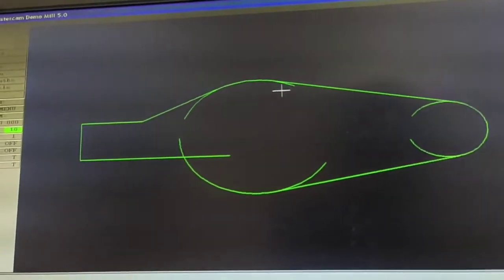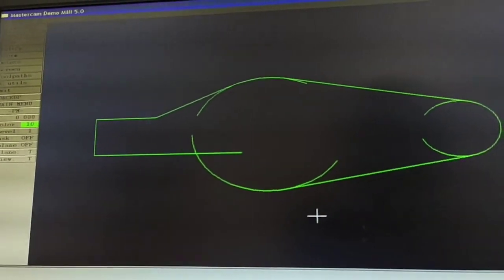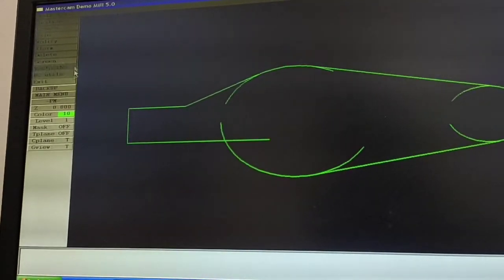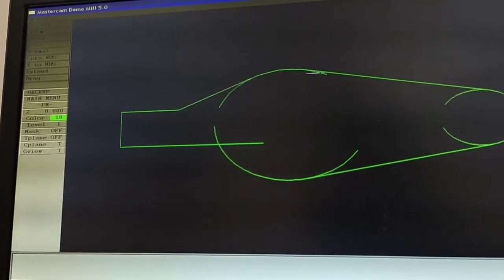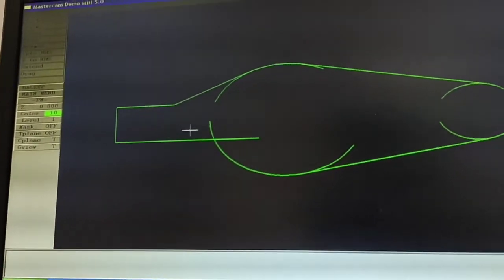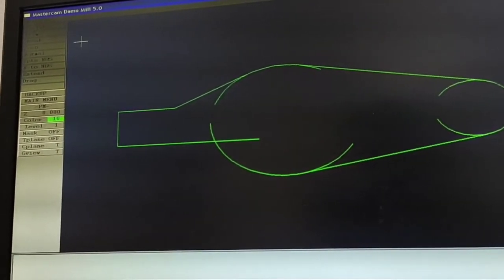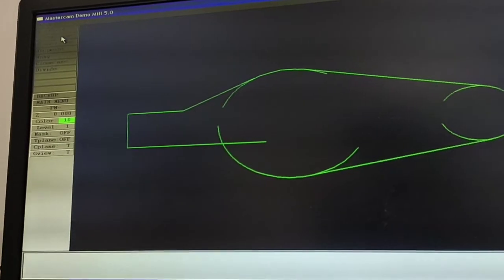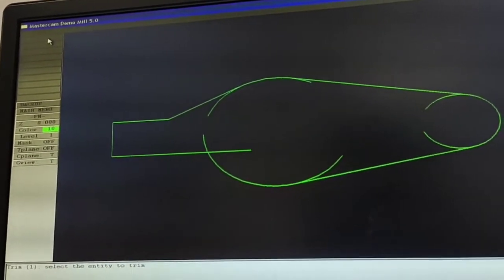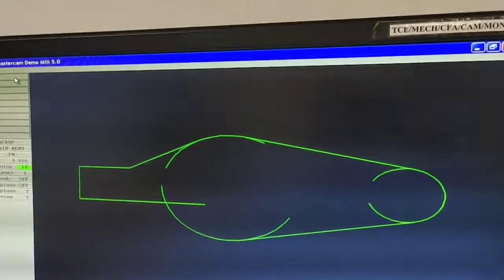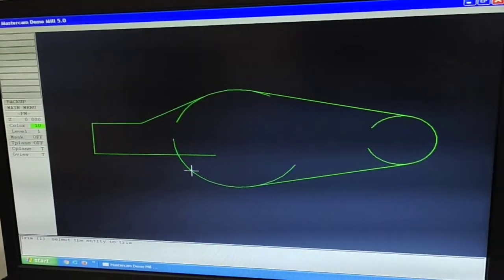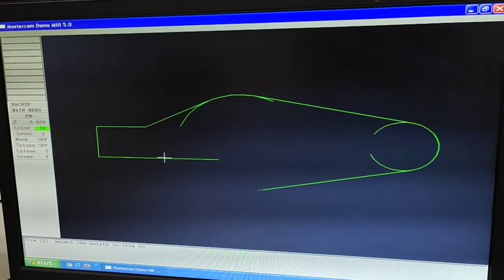Here I am going to modify this drawing. Only the modifiers are used here. Main menu, modify. These are all the options, including the trim option, because the unwanted lines are trimmed by using the trim option. Trim one entity. In the trim option, which one is the baseline? The particular line is selected as the first entity. So in this arc, this is the baseline and this is the reference line.